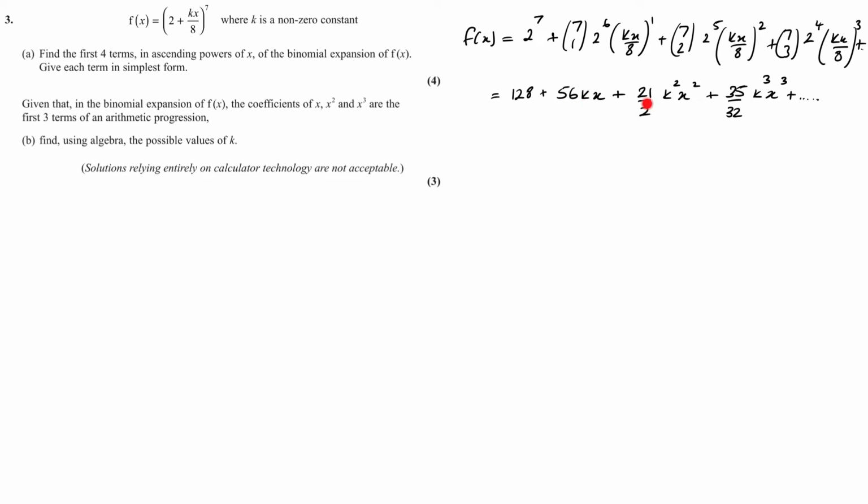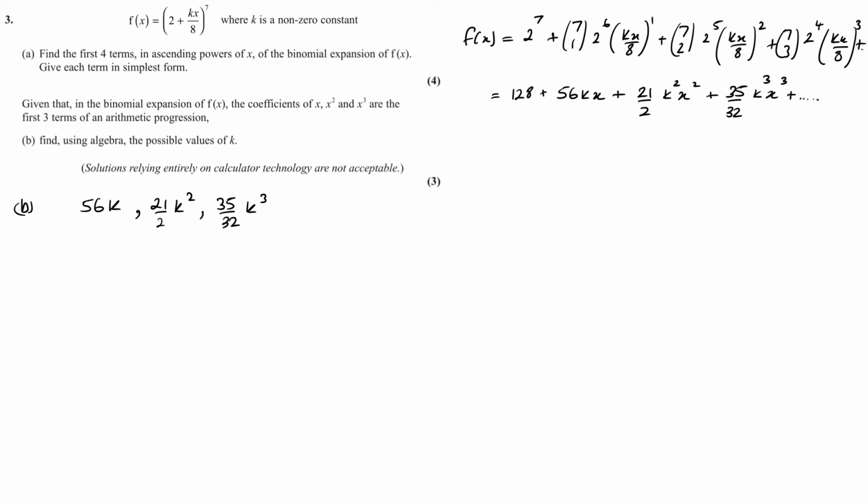So k will be part of it. So my first 3 terms of my arithmetic progression would be 56k, 21 over 2 k squared, and 35 over